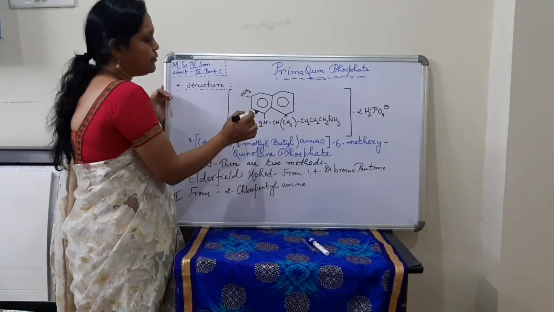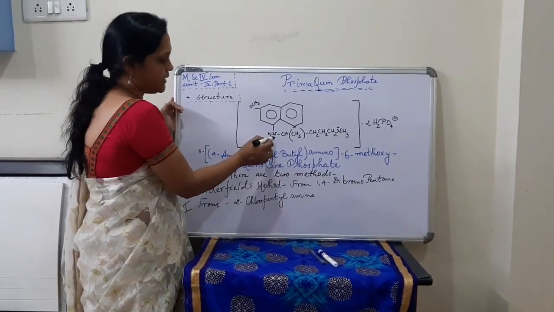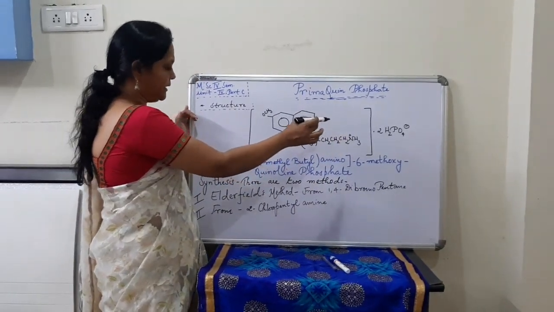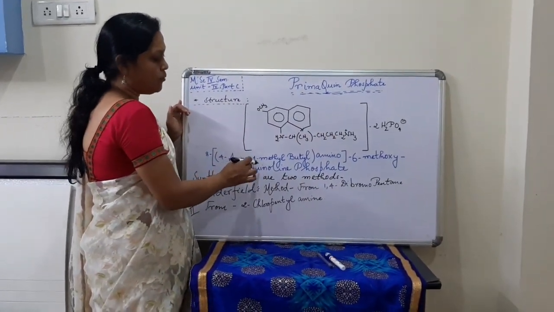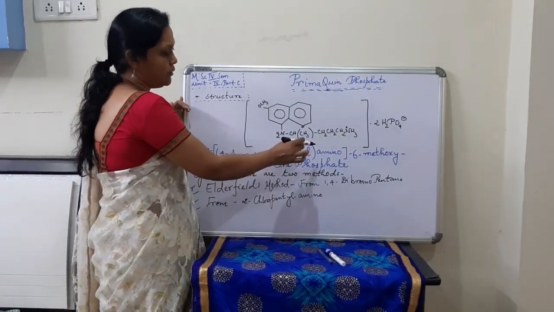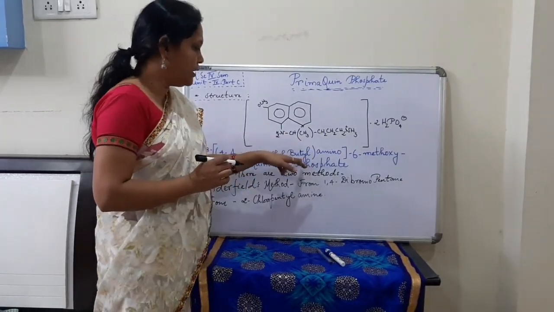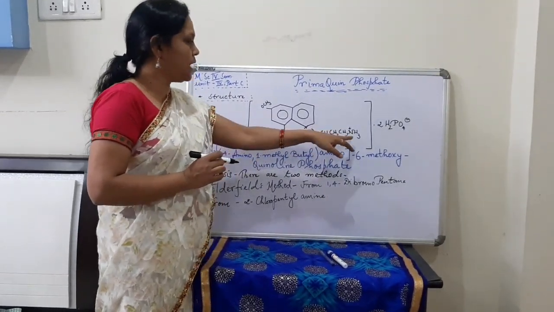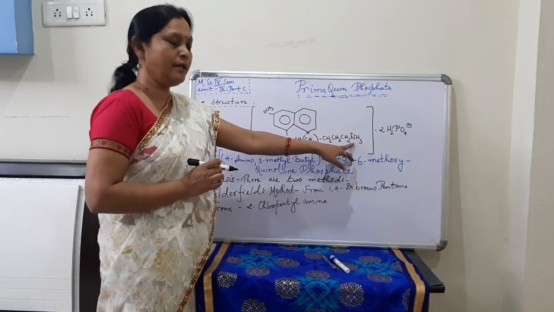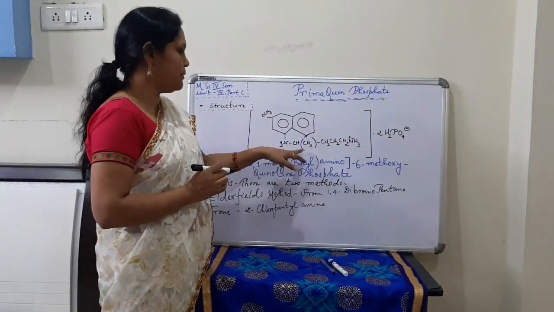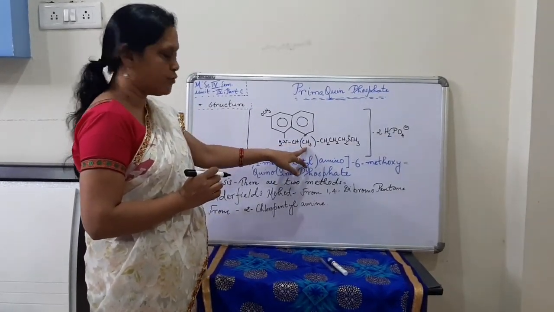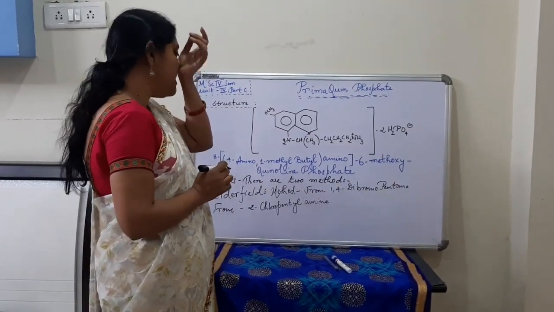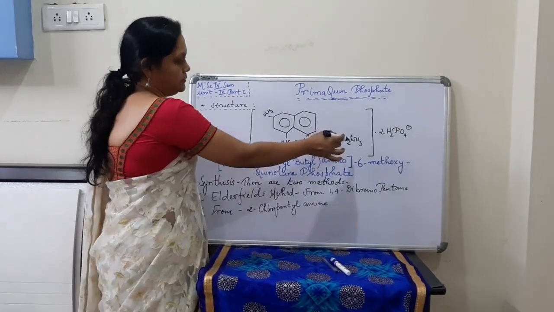In this drug again you can find the side chain is NH2CH CH3 CH2 thrice NH3. That means we call it as 4-amino 1-methyl butyl amino. If you can see, the word root is butyl, that means 1 2 3 4. In its fourth carbon what we find, there is one NH2 group. In its first carbon there is one CH3 group. So the nomenclature becomes 4-amino 1-methyl butyl amino. This is the side chain.